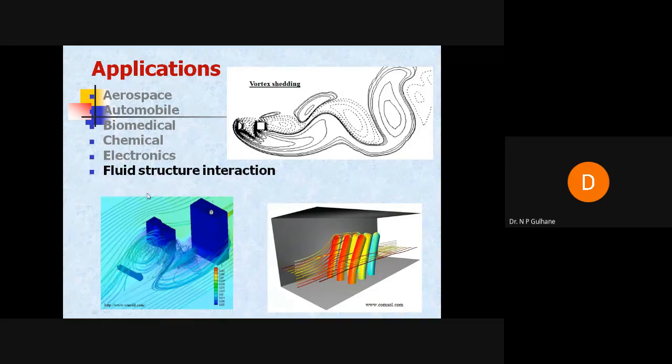Every airflow and the systematic arrangement is tabulated with the help of computational fluid dynamics. In a wind tunnel, you can see a number of bars put in, and let us check how the flow is, whether it is comfortable for this building or that building. If this building comes in between those buildings, then what sufficient space is available between these two, and what should be the location. That entire study is possible through the study of vortex shedding and so on. So this is a little bit about fluid structure interaction, mostly used in structural or civil applications.